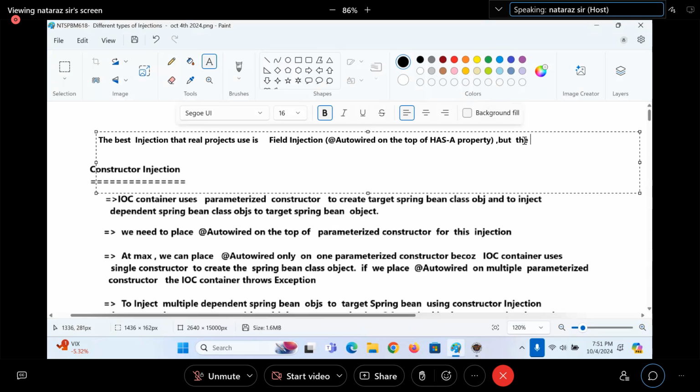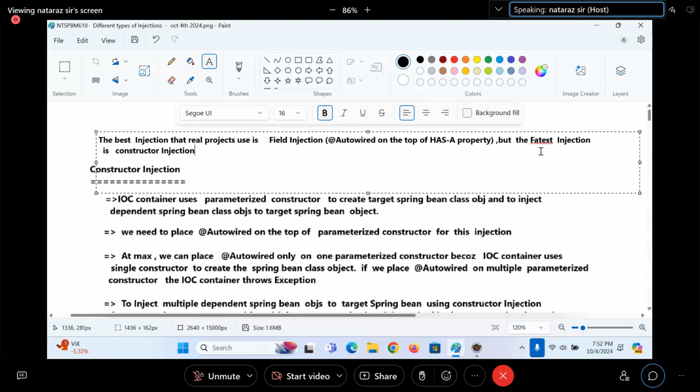But the fastest injection is constructor injection.